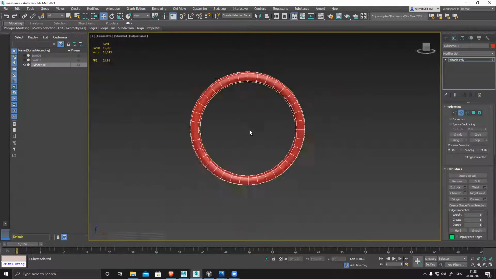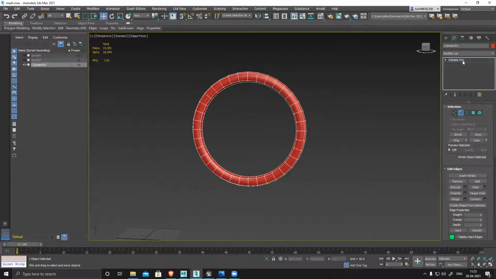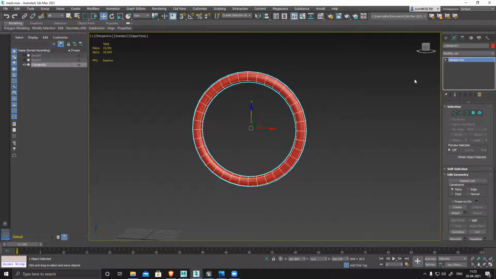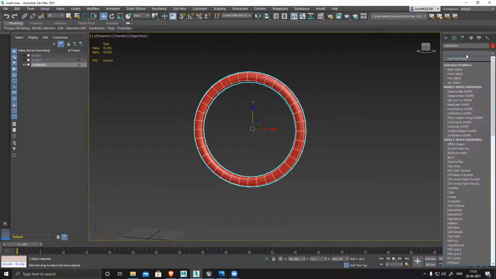It looks like a circle, right? Ring. It looks like a ring. Yes, sir. Now to create, suppose this is my high poly. This is ready. But this is, sorry, this is my low poly. It's ready. But for high poly, what I'll do is I'll unwrap this.